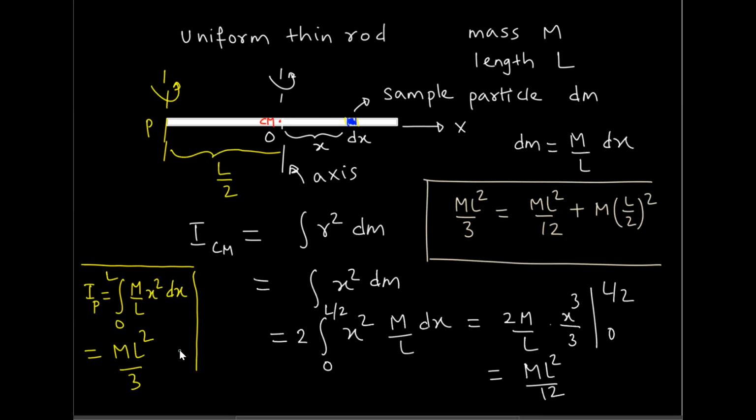Okay, now this actually leads to a very important theorem. We are just justifying it here. We can actually prove it, but we're not doing it in this session. There is a very important theorem called the parallel axis theorem. What that theorem says is, if you're trying to find the moment of inertia about an axis passing through any point P, and you happen to know the moment of inertia about an axis passing through the center of mass, you can obtain this moment of inertia by just adding mass times the square of the distance between the axes. So this is the parallel axis theorem.